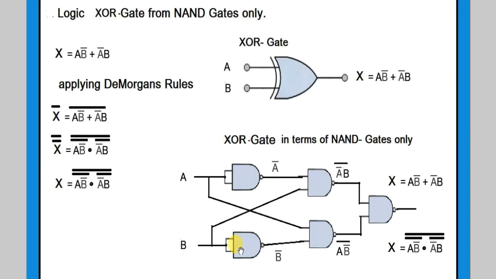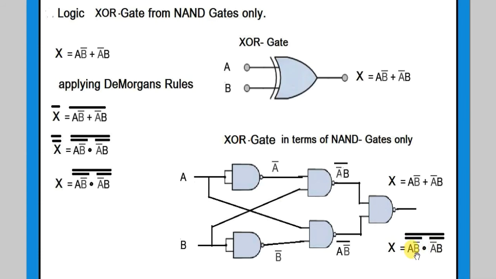Similarly, over here we get B complement, and from here A, so when the product A and B complement is fed to the NAND gate, it gives the complement of A B complement. Then both of these complemented products are fed into the NAND gate, which gives the complement of the product of the